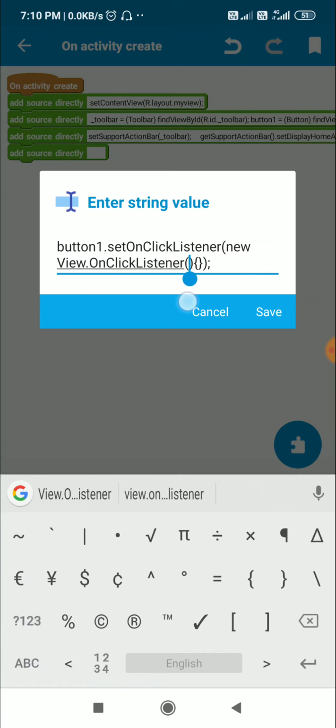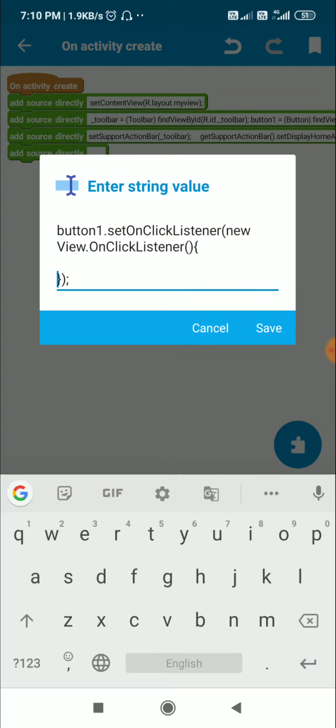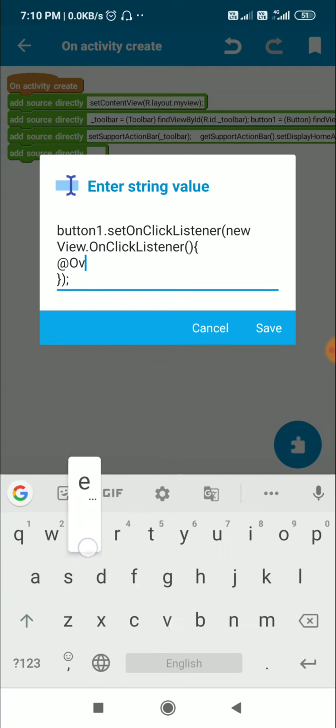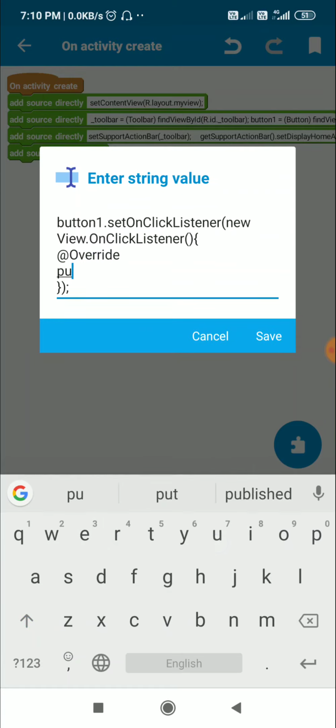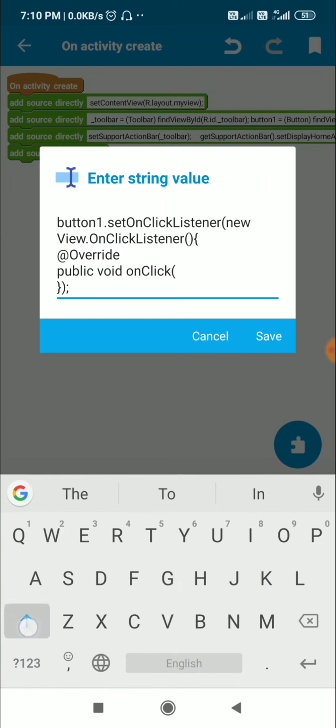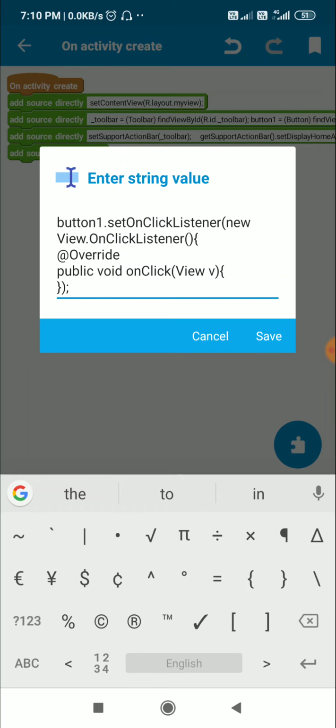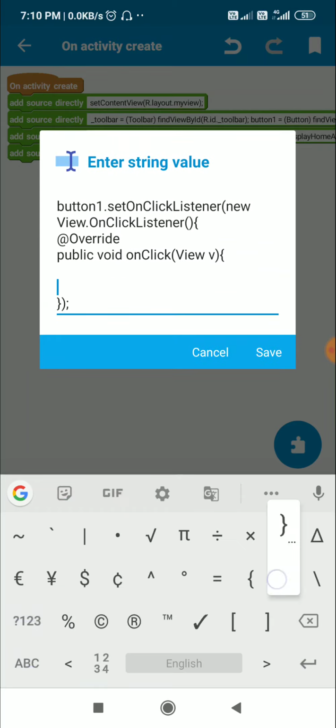Now inside this curly bracket I'll write @Override public void onClick with this variable View v. Okay, and then again curly brackets. So this is the onClickListener, and in between we can do whatever we want.